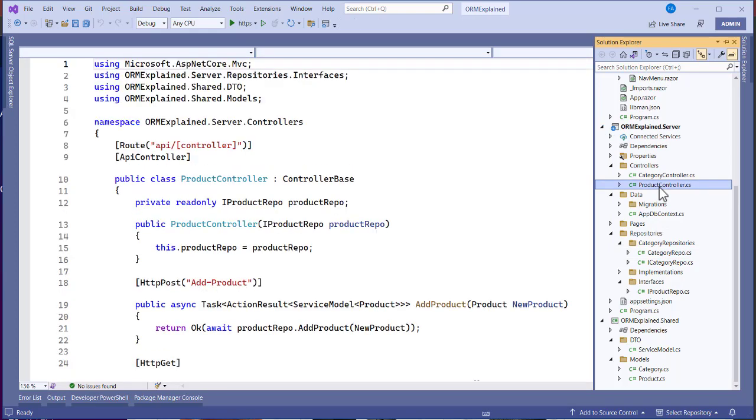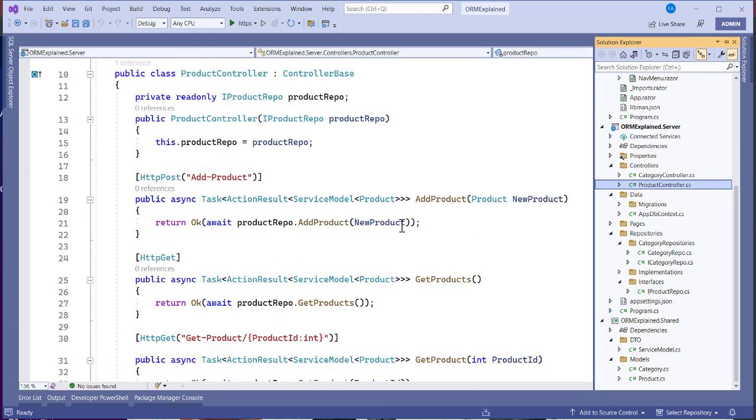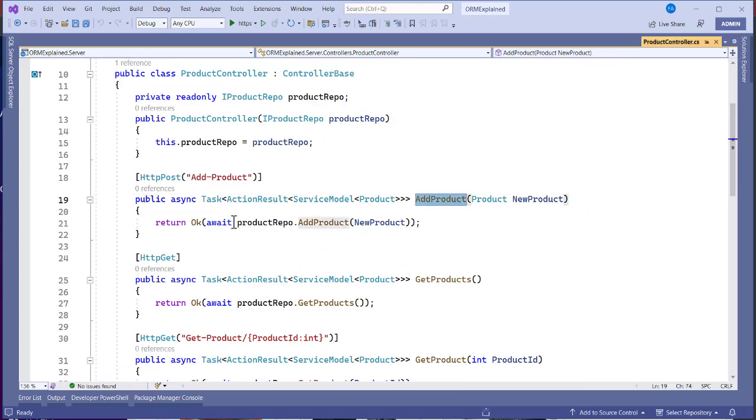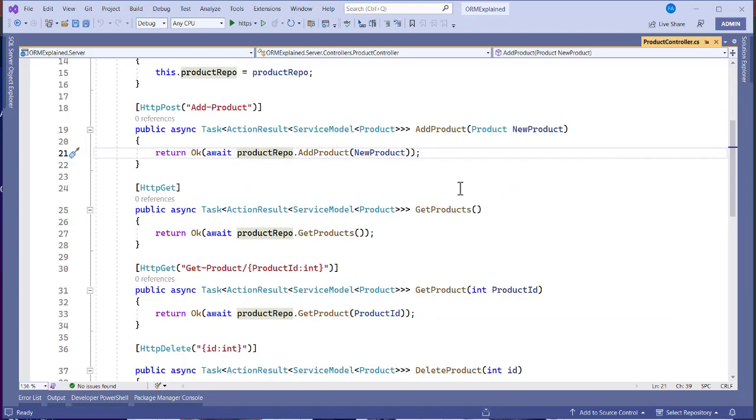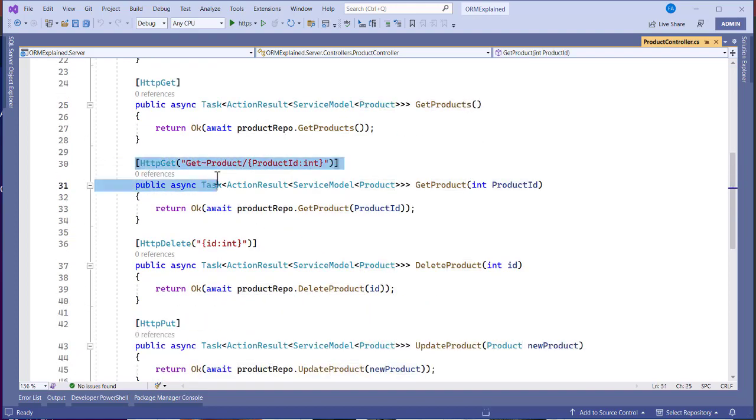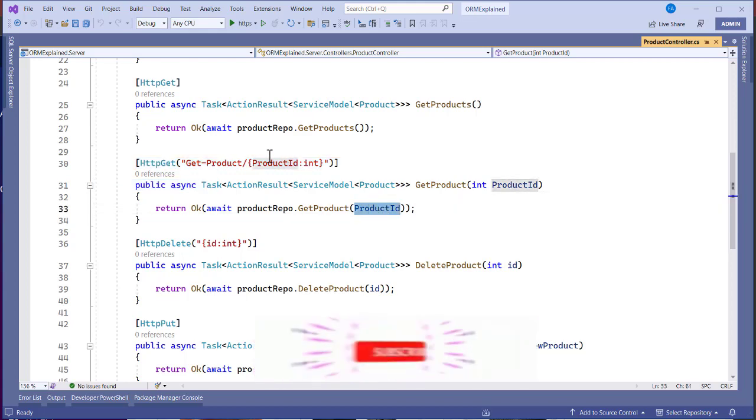With the product controller, we inject the product repo, then add product. We just have to return OK, record the repo, then add product. We pass in the new product that is coming into the controller. The same thing applies to this. Now return the whole list to the controller, since it is service model with the product T value as product. We get an ID, so we get product ID, we pass in the ID over here, and we are going to receive the ID